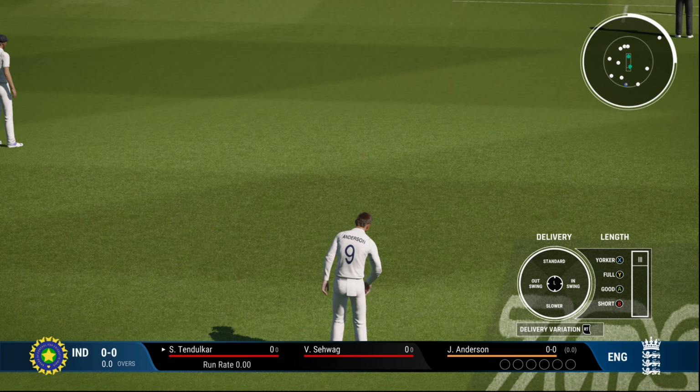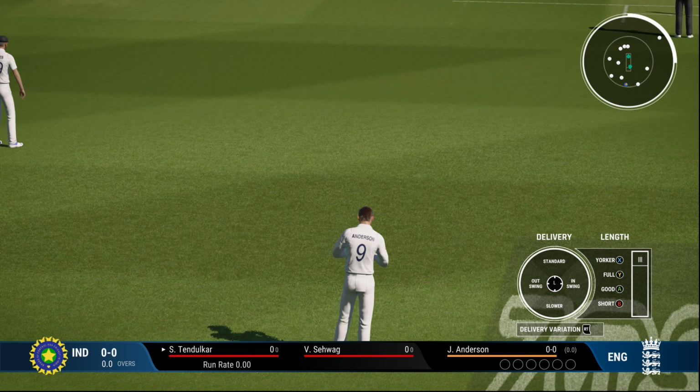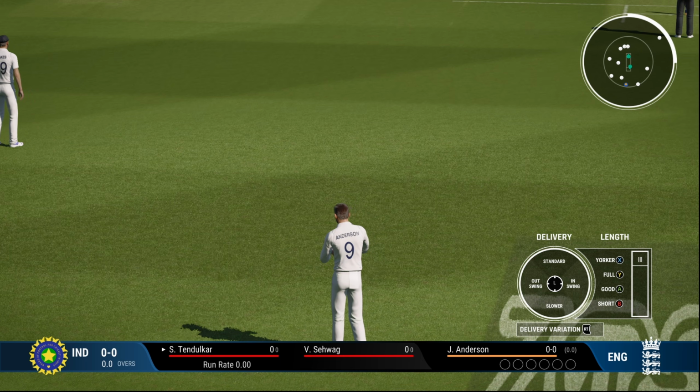Another crucial aspect of swing bowling is aftertouch. Now if you haven't seen my video on aftertouch and want to know what it is all about, you can click on the top right of the screen right now. The aftertouch tool allows you to deceive the batsman by slightly altering the length of your delivery without changing it